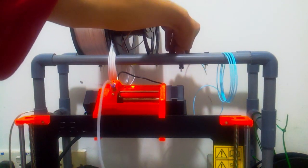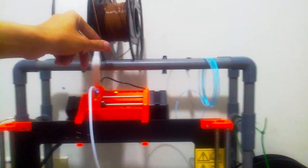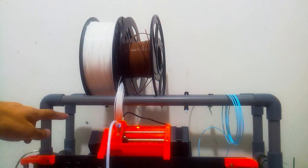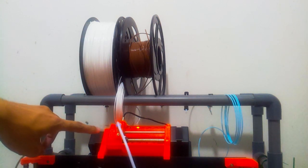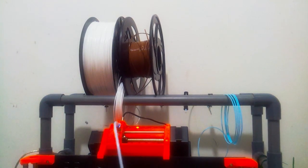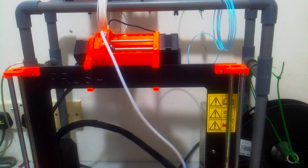is a guide rail for each one of the filaments so that they will not get tangled inside here, almost quite close to this one. And then there is also a gap between the guide rail and the MMU2 Teflon tube over here, and that will act as a buffer as well. So I don't think I'm going to assemble the buffer because the buffer will take quite a bit of extra space as well. So this is it about the unboxing of the